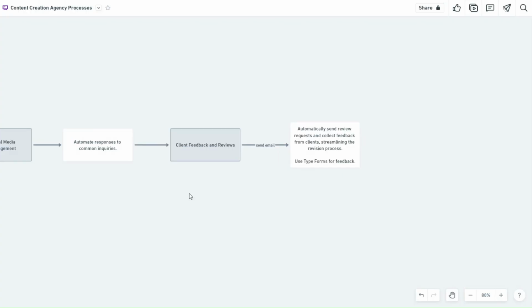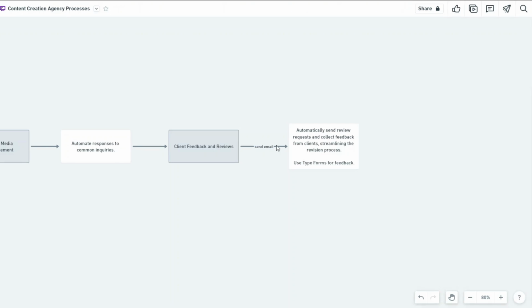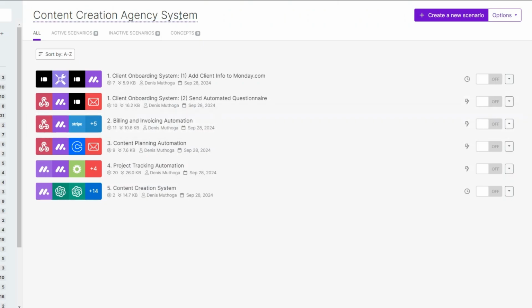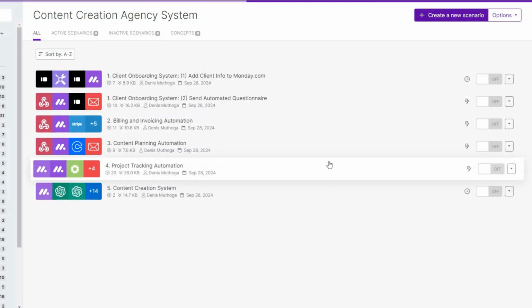The last process that we're going to automate for the content creation agency is the client feedback and review process, where we're going to set up an automation that automatically sends review requests to collect feedback from clients, streamlining the revision process. Now, to automate the client feedback and review process, on our content creation agency system folder, I'll click on create a new scenario